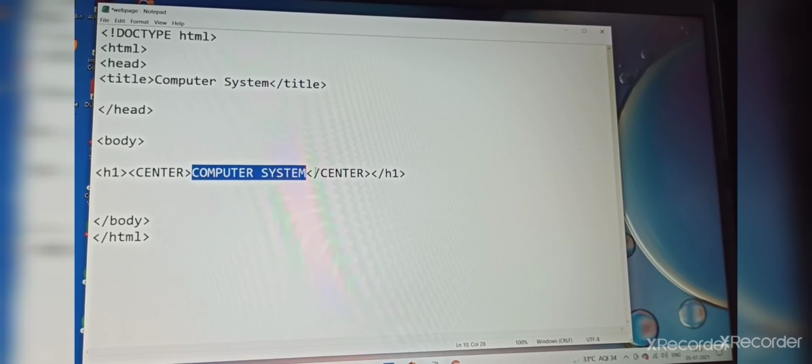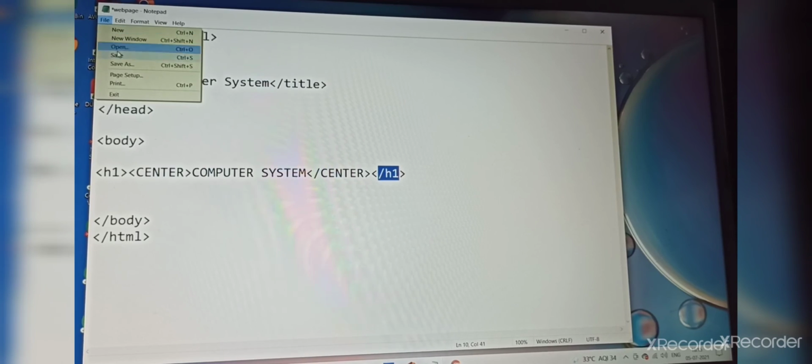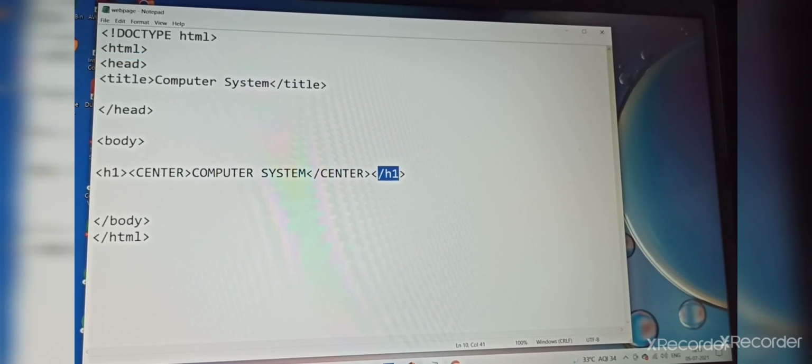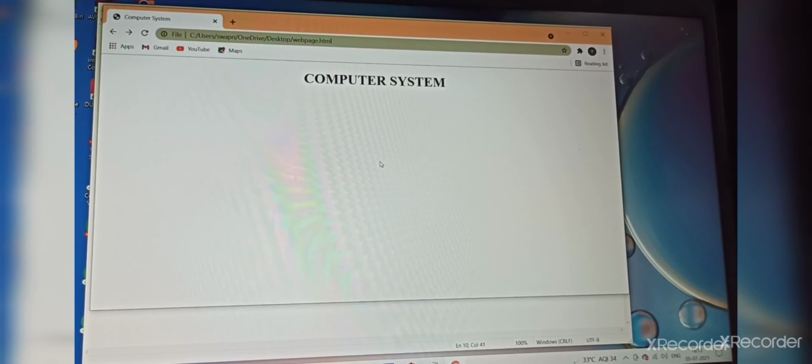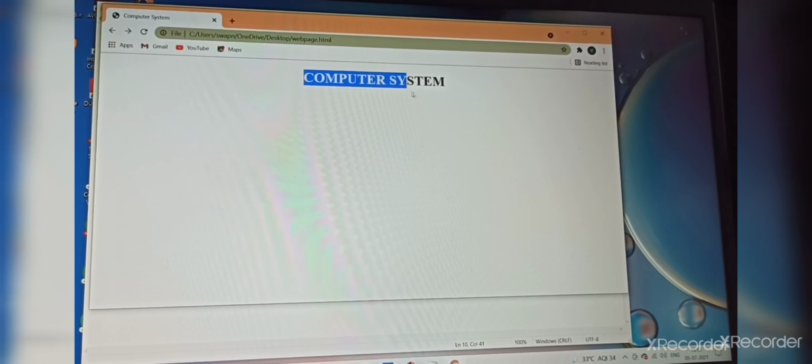Then I close the center tag, and then I close the heading tag. Now we will see what will happen. You can see this Computer System will appear in the center with H1, the largest heading, on our web page. Got it? This is how centering the heading works.